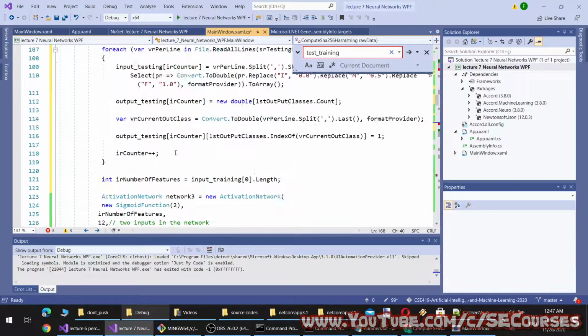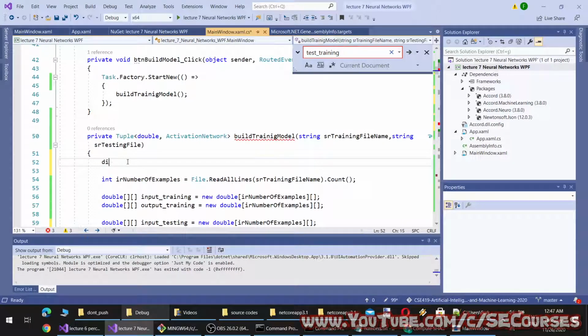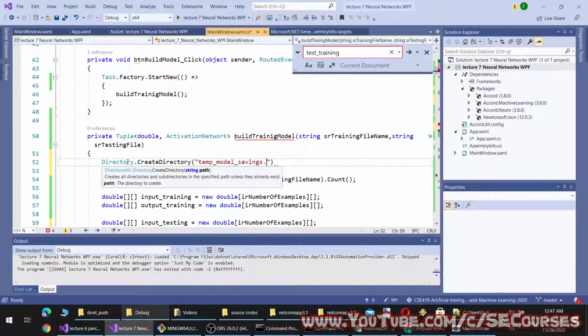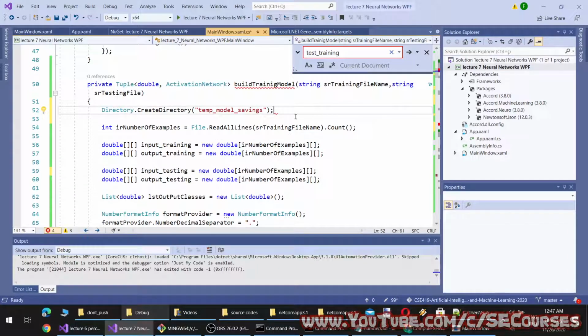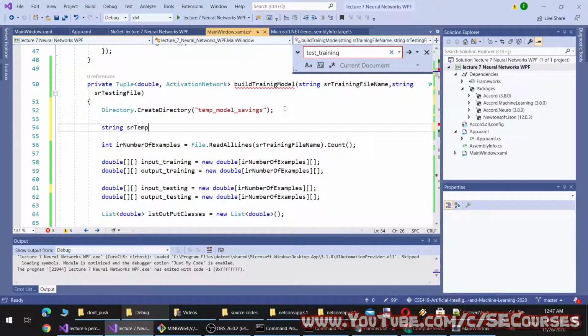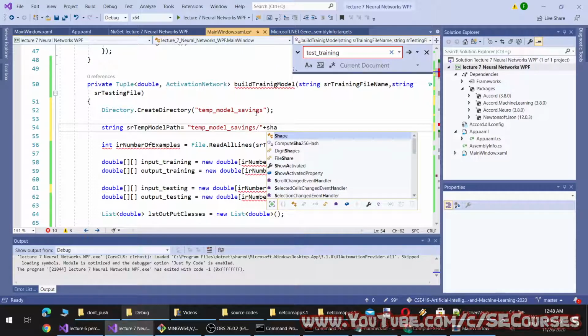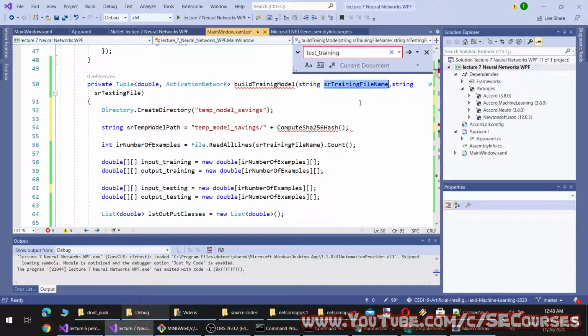Okay, it's working. Temp model savings. Temp model path will be equal to plus from the training file name. Okay, plus of course text.